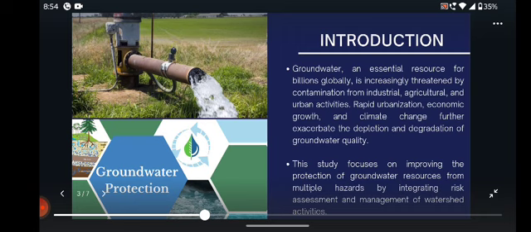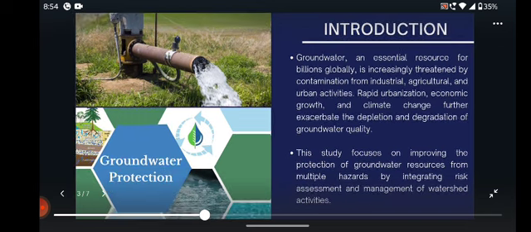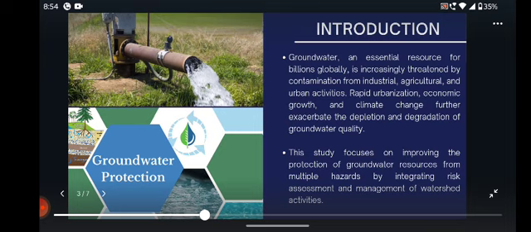Groundwater, an essential resource for billions globally, is increasingly threatened by contamination from industrial, agricultural, and urban activities. Rapid urbanization, economic growth, and climate change further exacerbate the depletion and degradation of groundwater quality. This study focuses on improving the protection of groundwater resources from multiple hazards by integrating risk assessment and management